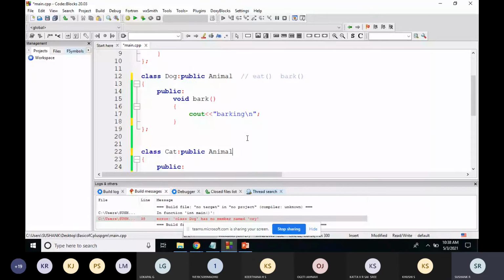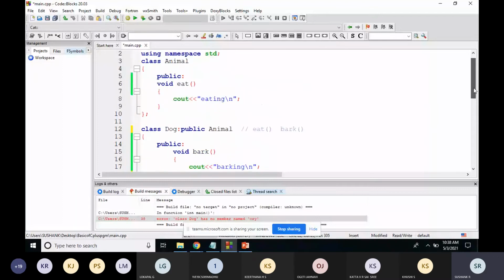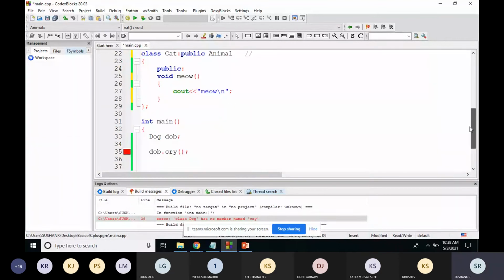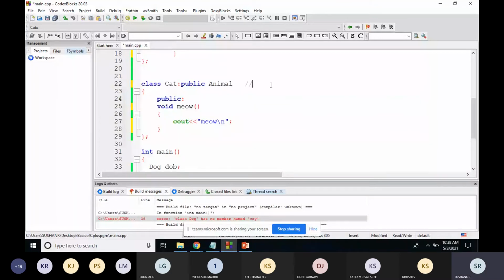Since Cat is inheriting the Animal class, the Cat can also access the eat function and also its own function called meow. So it can access two functions. Now we'll check.